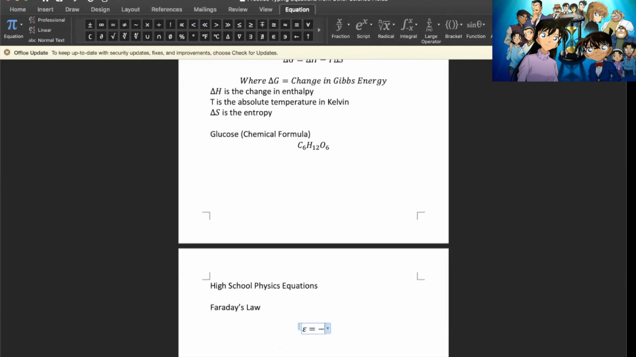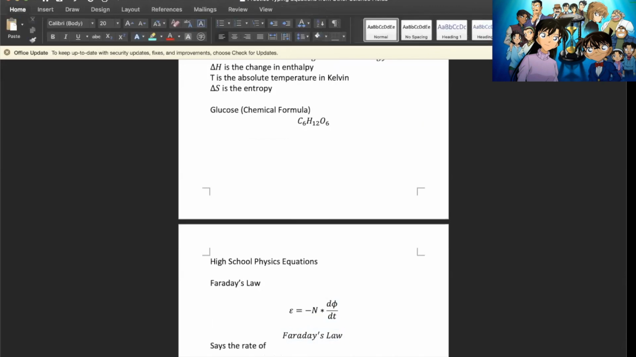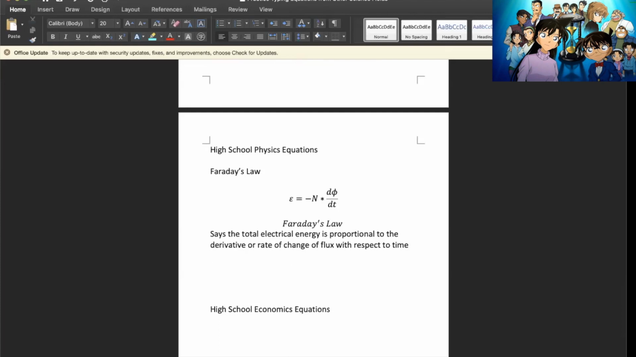So that equals negative N times d phi, sorry, not d theta, d phi by dt. Faraday's law just says the total electrical energy is proportional to the derivative or rate of change of flux with respect to time. That's one candidate there. And then there are a couple of other equations that are dealt with that, like